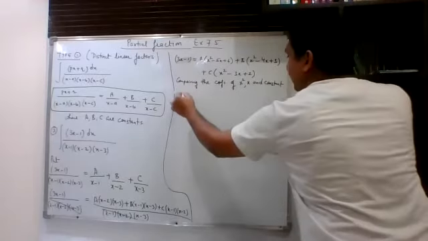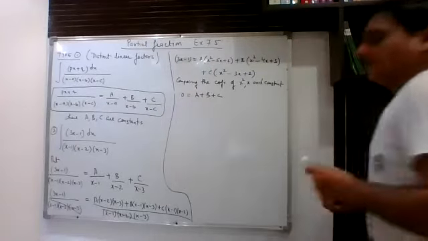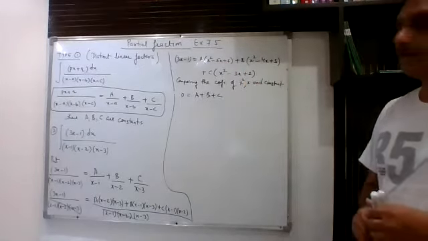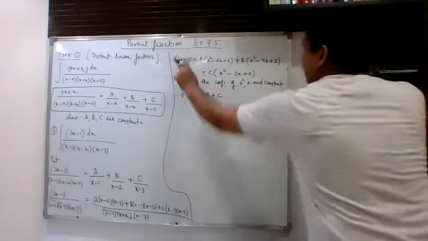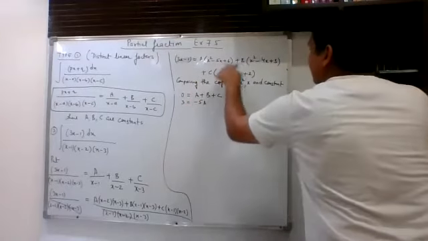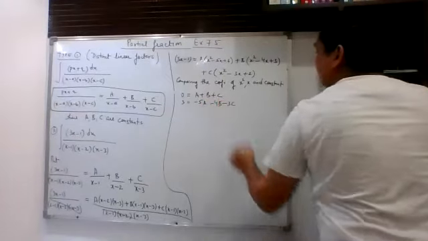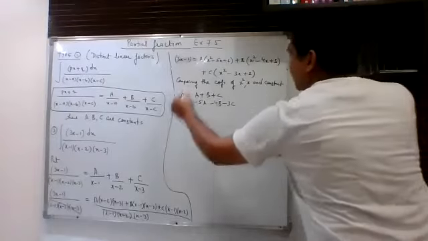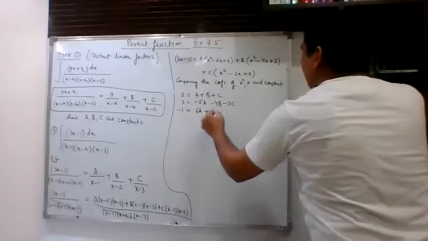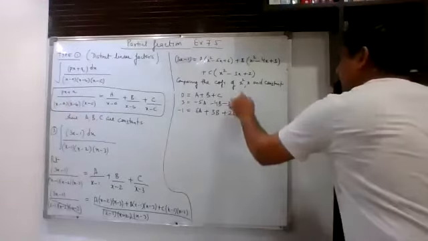Now on this side you can see that the x square coefficient is nothing, 0, and on this side it is A plus B plus C. Why? Because this will contribute, and this will also contribute. Similarly, when you compare x, the coefficient of x on this side is 3, and on this side it is minus 5A, then minus 4B, then minus 3C. Now similarly we will compare the constant term also, so minus 1 can be written as 6A plus 3B plus 2C. So these are the 3 equations.